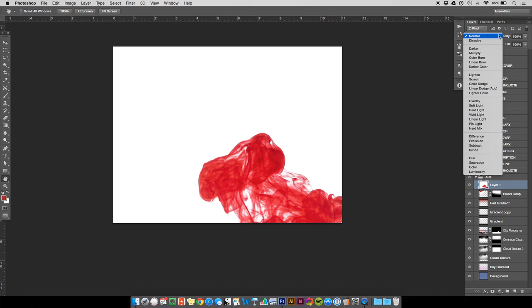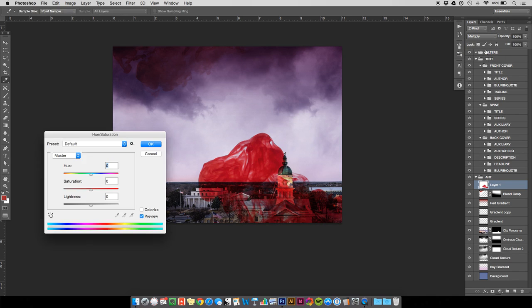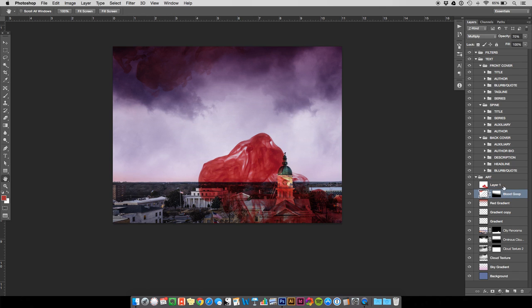That's Shift Command Option L, by the way. We'll set it to multiply. And we're also going to go into our hue saturation tool. That's Command U. We'll drop the saturation by about 20, just like the first one we worked with. And the first one had an opacity of 70%, so we're going to do the same with this one. Now that's all cool. I'm going to call this